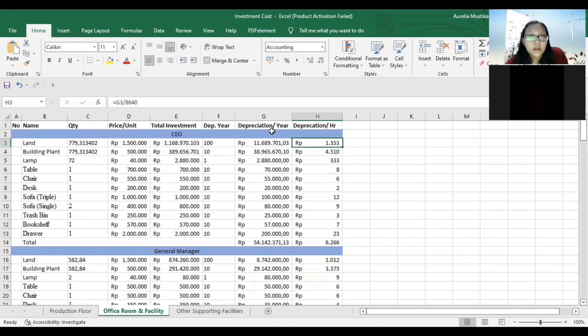We get the depreciation per hour from the depreciation per year divided by 8640, and the total depreciation per year is 54 million, and then the depreciation per hour is 6,266. And then the rest of the calculation is the same as the first one. And then next will be explained by Alia.